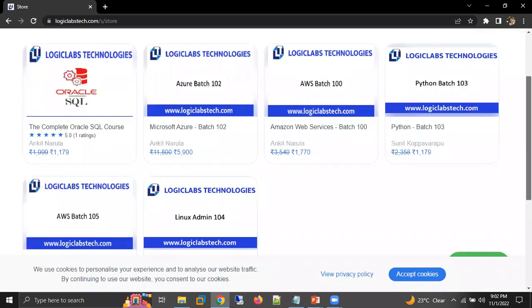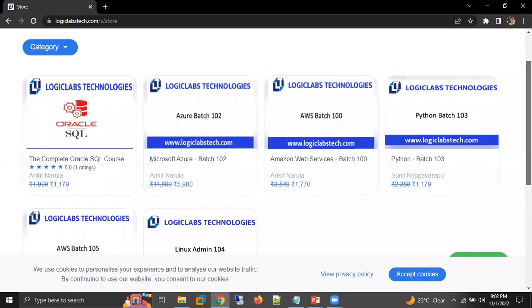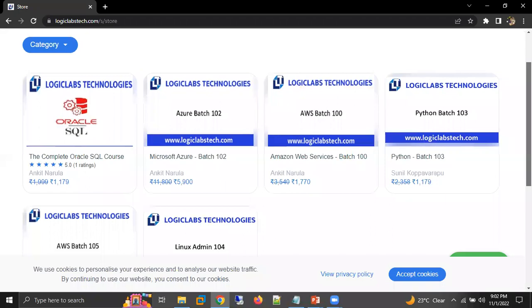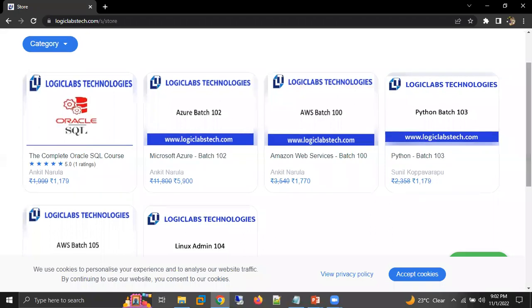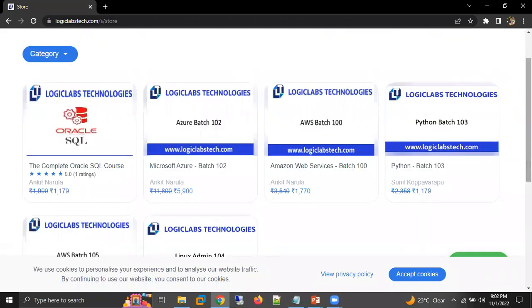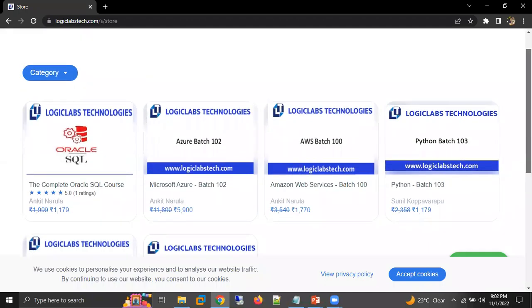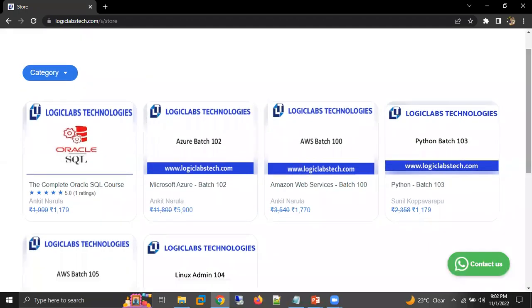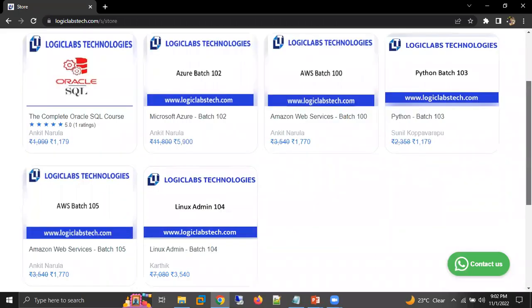It is showing me prices in Indian rupees because my location is in India. If anyone is outside India, they have to pay the same amount in US dollars. Will this new app be able to take payments from outside India? Yes. That is why we upgraded our app, because this app takes payments from all over the world, not just from India. All right, that's great. Thank you so much.